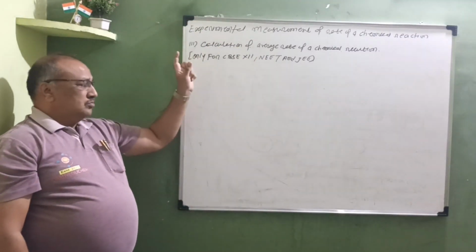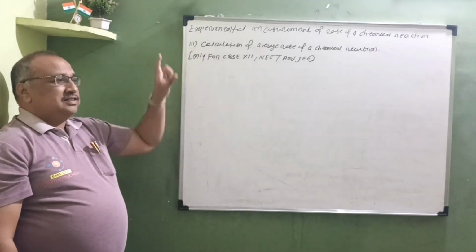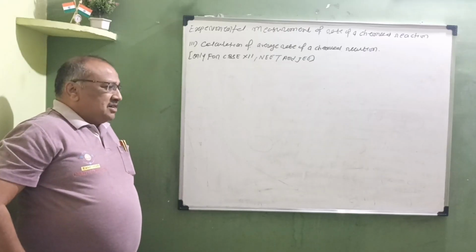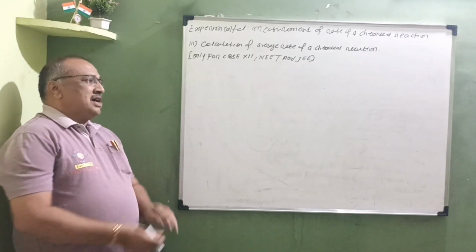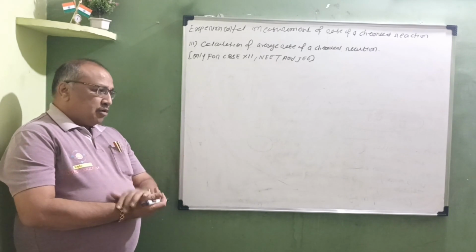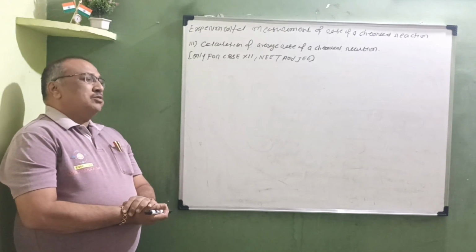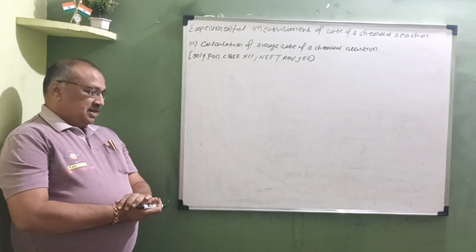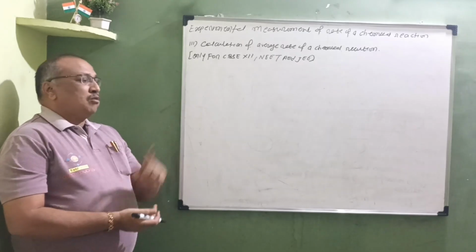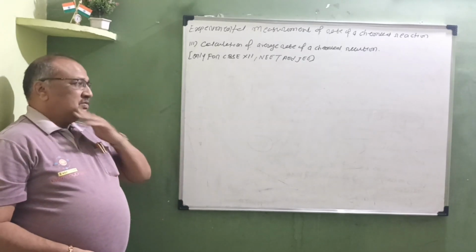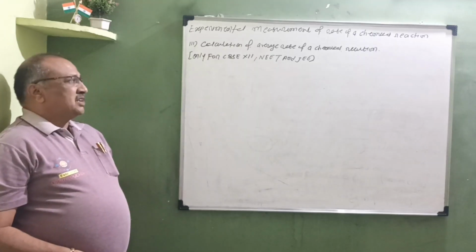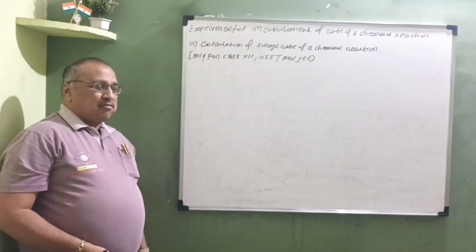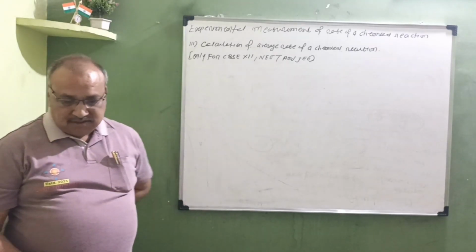Now, first point is that calculation of average rate of reaction using concentration of reactant. Second topic, calculation of instantaneous rate of reaction using concentration of reactant. Now this calculation of average rate of reaction using concentration of product, that means here